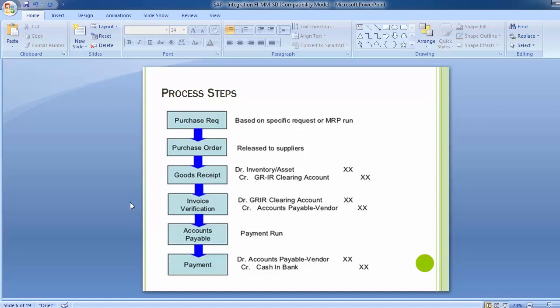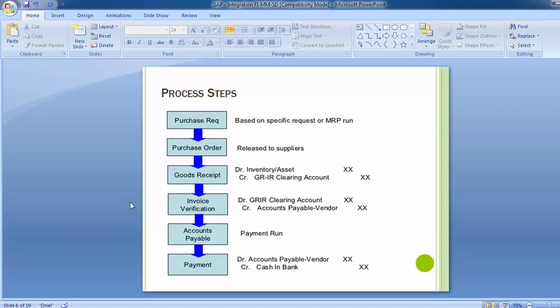Now we move to the third, the payment run. Under the payment run, the payment has to be processed to the vendor. Once we process the payment to the vendor, the transaction we use is F-DES 58, which we have already done in the previous training sessions.